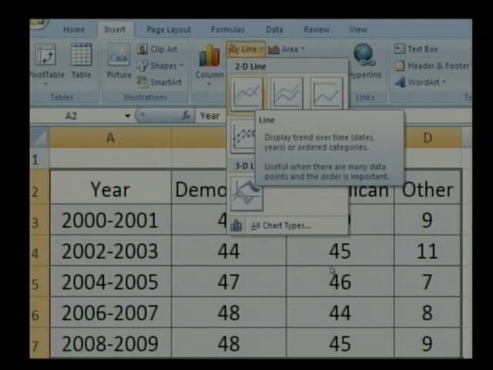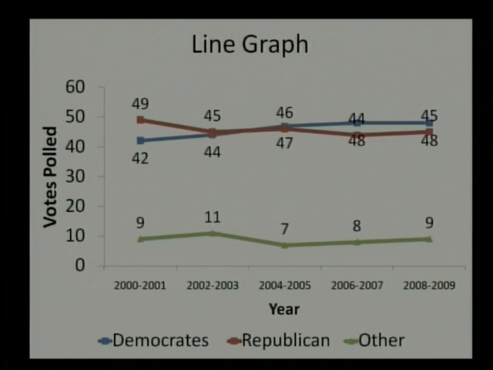Suppose let us have an example that we have this kind of data. We want to draw the graph of these Democrats, Republicans, and others. This is a list of voters. So during different years, how many people are Democrat, how many are Republican, and so on. We want to represent them using a line graph. So select this particular data which we want to show on the line graph. Then we click on this particular icon, and on clicking it, what we shall see is a line